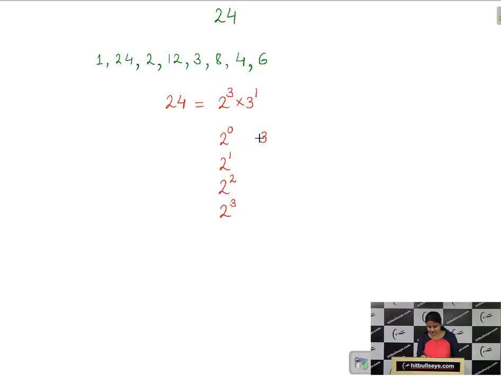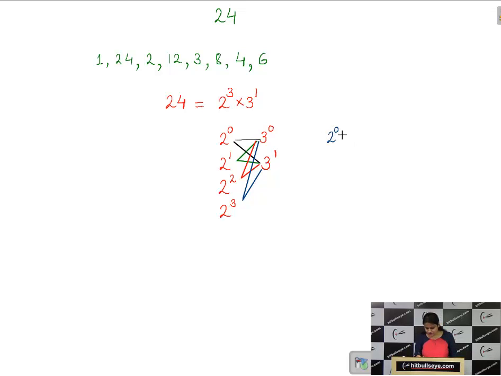Now come to the powers of 3. There will be 3 raised to power 0 and 3 raised to power 1 only. With the same logic, we cannot take 3 square onwards powers. Now let us take their combinations. If I take these two combinations or these green combinations or these red combinations or these blue combinations, corresponding to every combination you will get a factor. For example, once again,